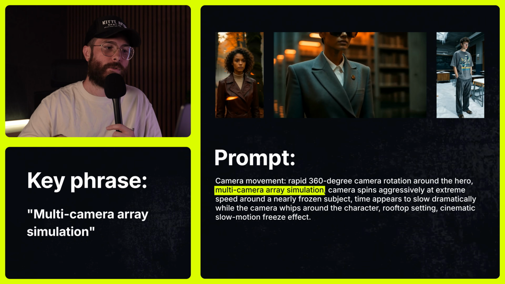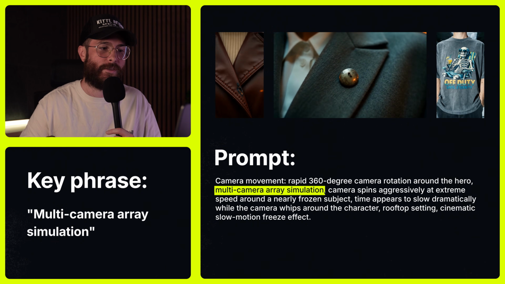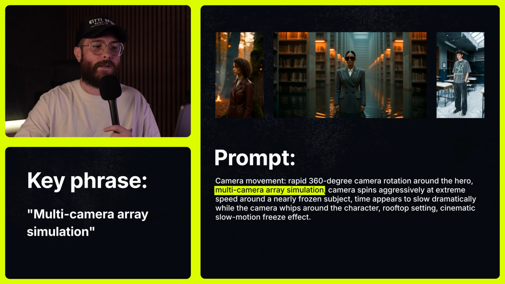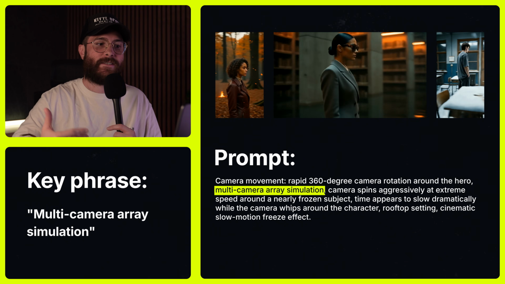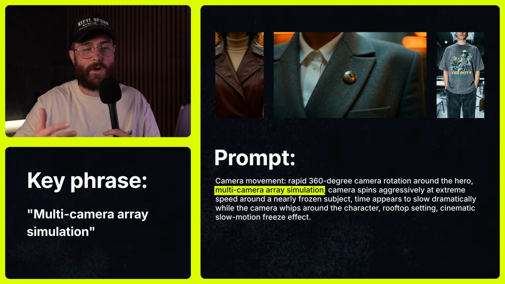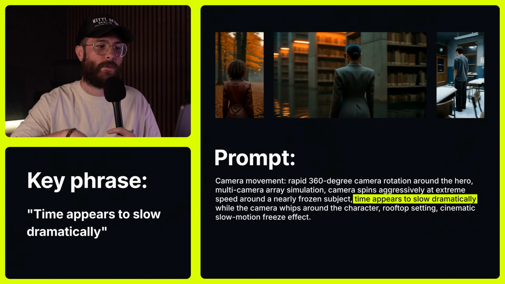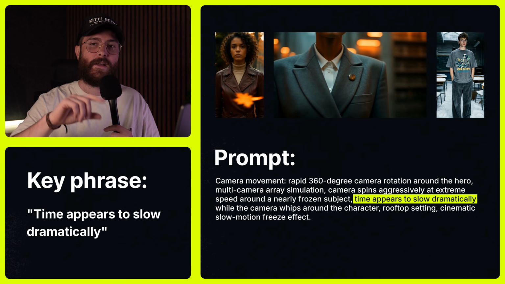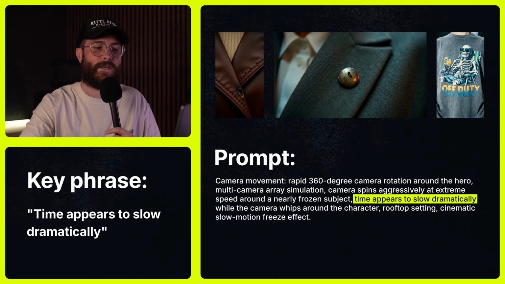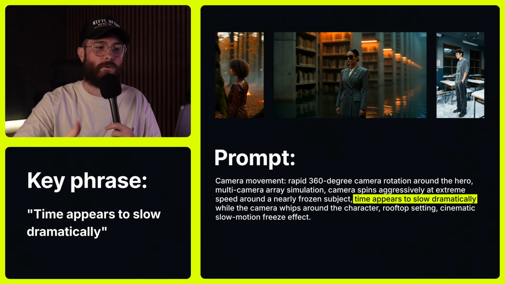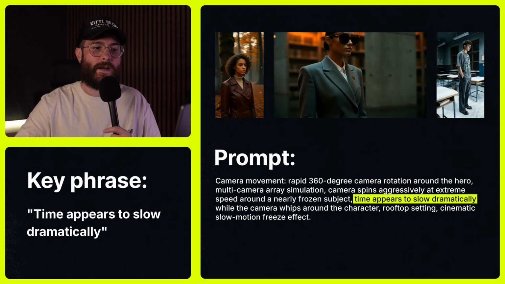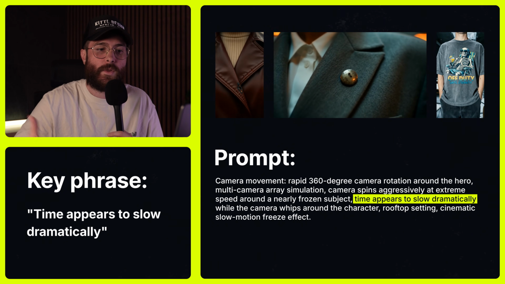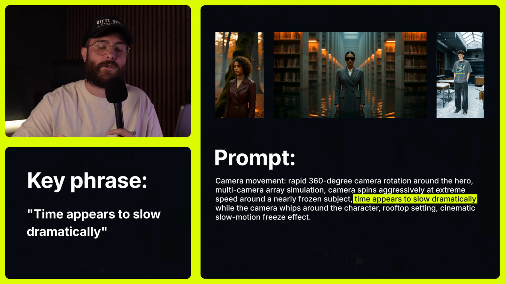Make sure you include multi-camera array simulation. This phrase tells the AI to replicate a very fast time effect, like the camera is everywhere at once and blending all of these frames together. Then you're going to want to include time appears to slow dramatically. This is what sells the frozen subject look in the middle. Without it, the AI may just spin the camera without creating a slow motion contrast. It's actually a very difficult thing to do, but if you put in these specific keywords,